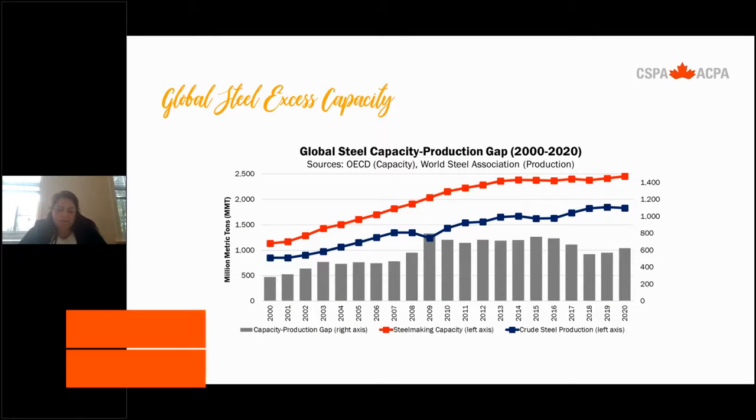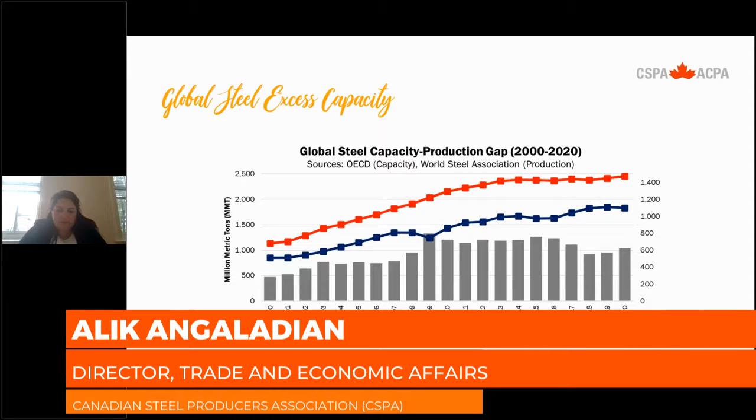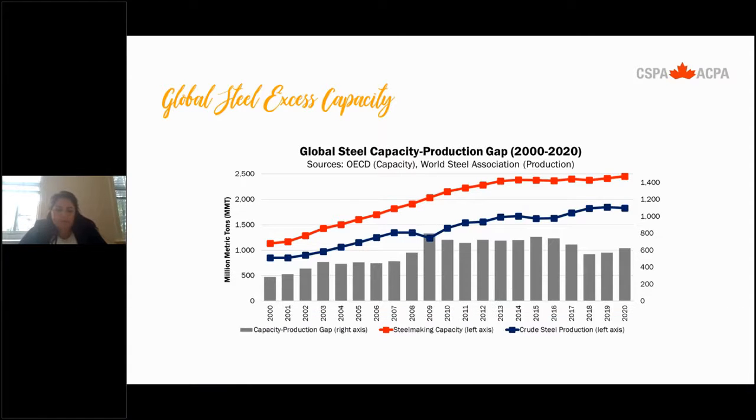Highlighting the importance of this chart: global steel excess capacity remains a big concern for Canadian steel producers and is playing a role in steel trade and distortions in the market. If you look at 2019 and 2020, you will see the capacity increase in the world compared to demand. And the OECD and World Steel analysis does mention that steel overcapacity is about